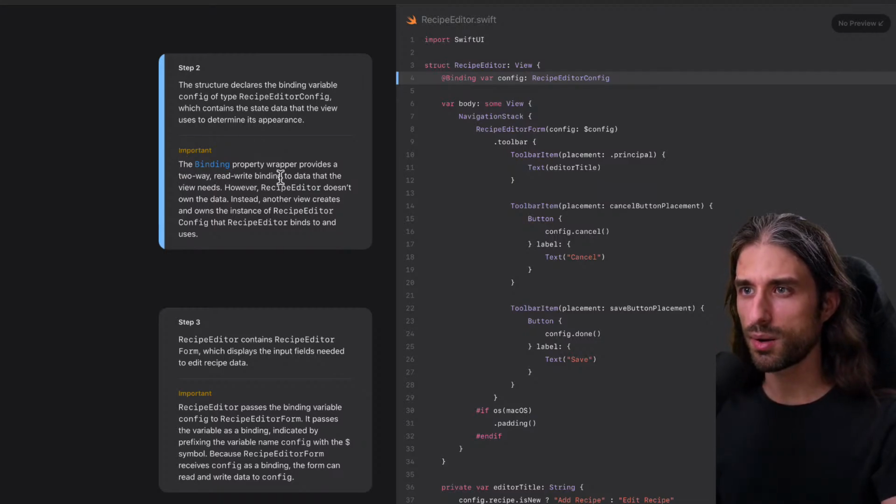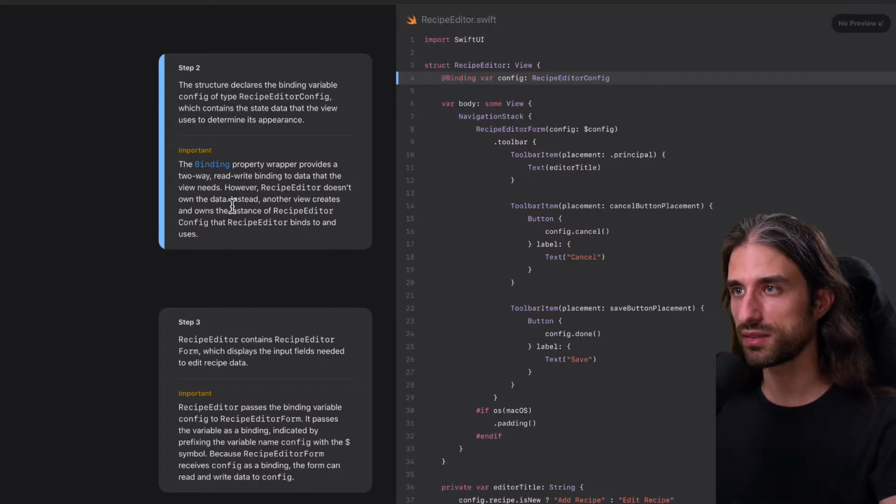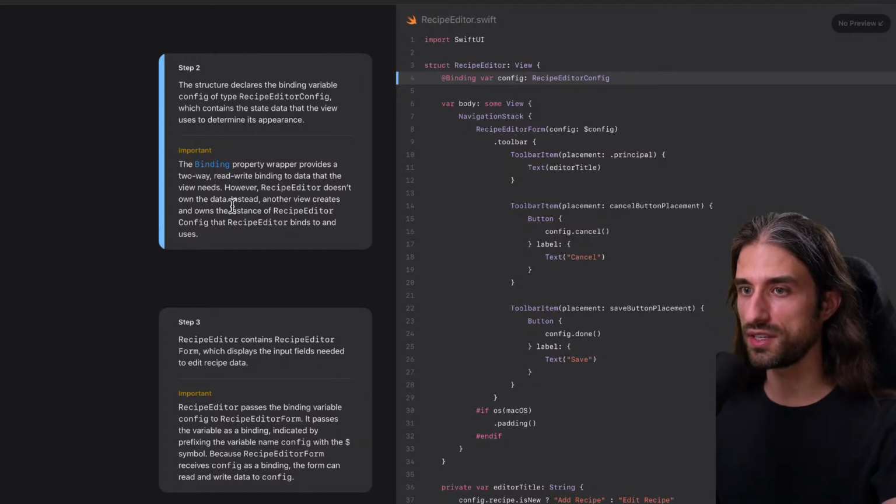The Binding property wrapper provides a two-way read-write binding to data that the view needs. However, RecipeEditor doesn't own the data. Instead, another view creates and owns the instance of RecipeEditorConfig that RecipeEditor binds to and uses. So that's the difference between @State, for instance, and @Binding: when you use @State, you own the data. That's why it's a good practice to always set a state property to be private. But on the other hand, when you have a binding, you can read and write to it, so two-way binding, but